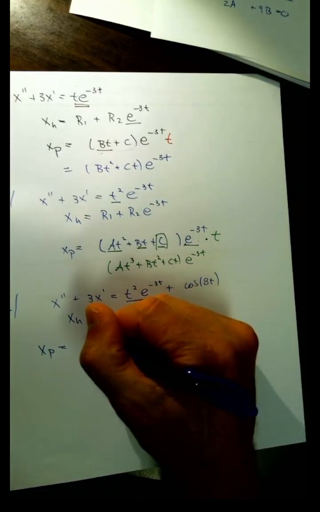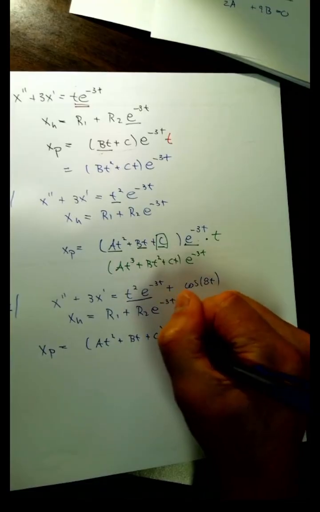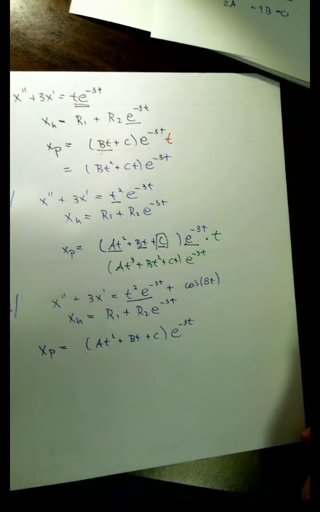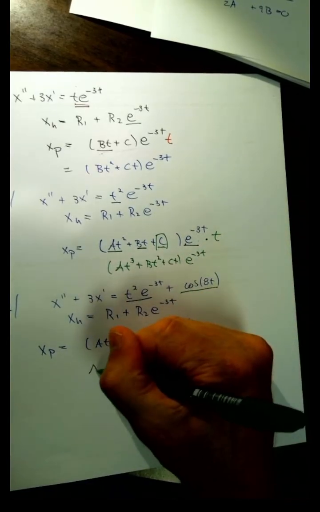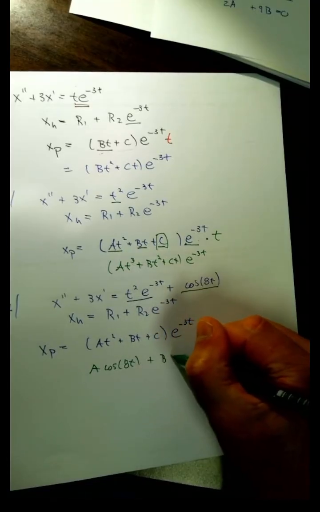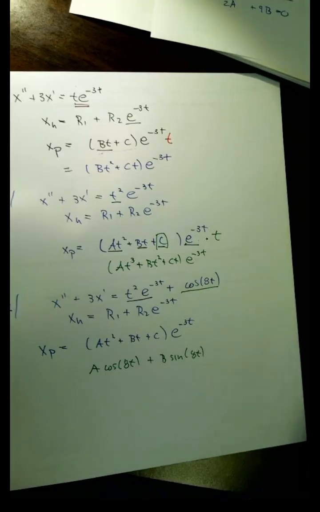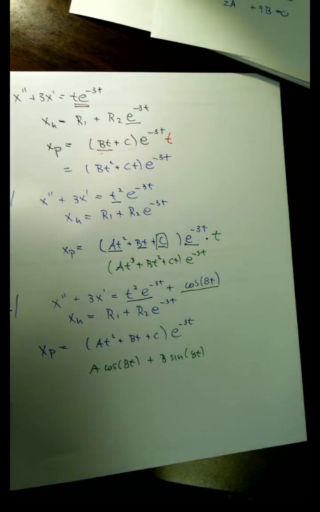For this part, just as I said before, should be a polynomial of degree 2 times e to the minus 3t. For this part, I should guess A cosine 8t plus B sine of 8t, because when I take derivatives of that, I'm going to get cosines and sines,